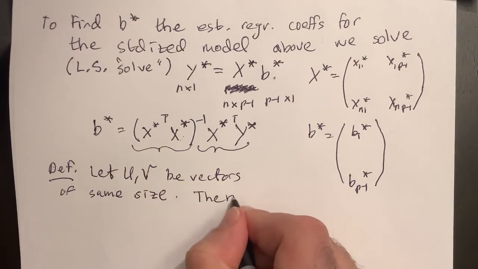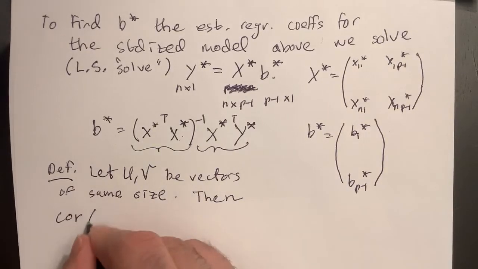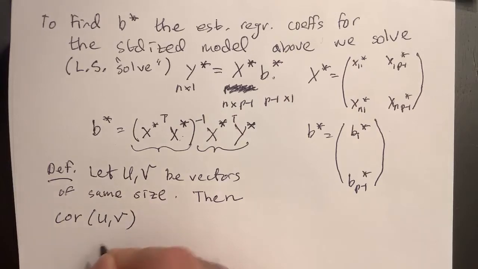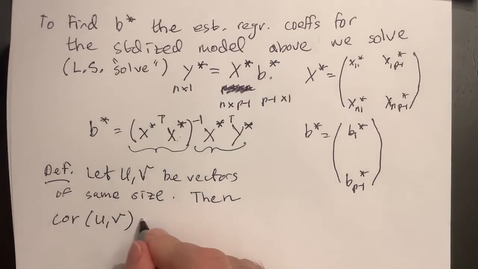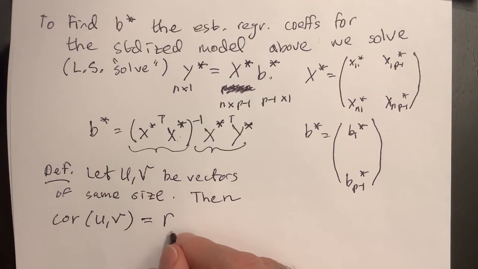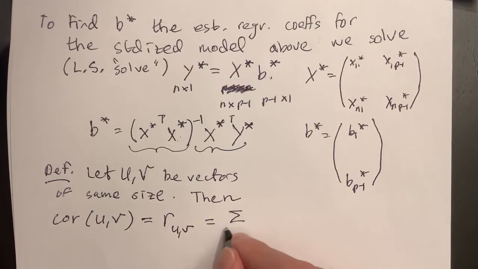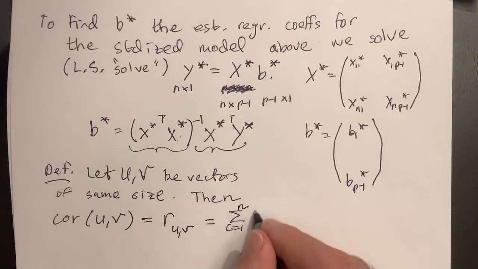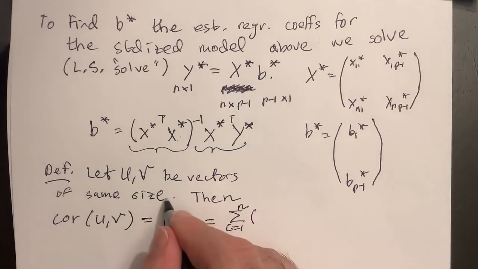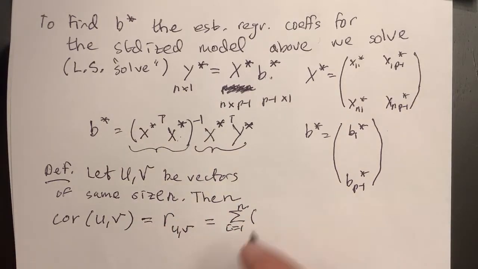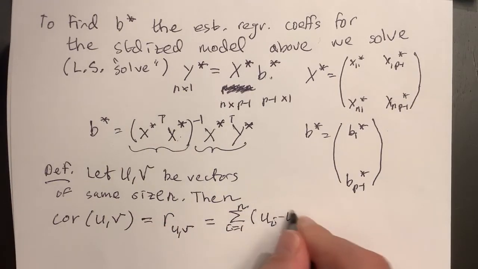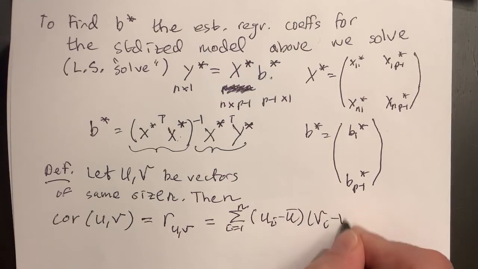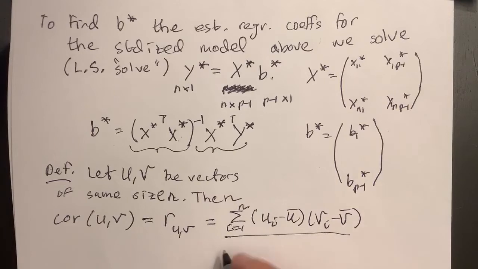Then we can write cor(U,V), the correlation of U and V, which we might write like this, little r_UV, is defined to be the sum, where n is the size, of (Ui minus U bar)(Vi minus V bar), all over the square root